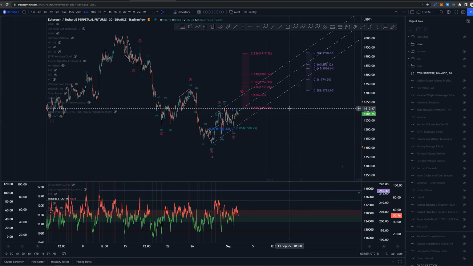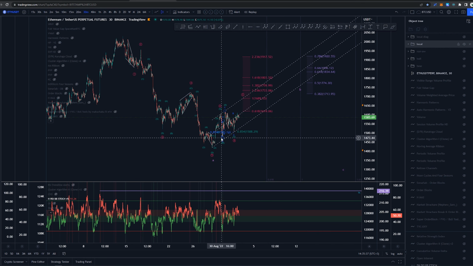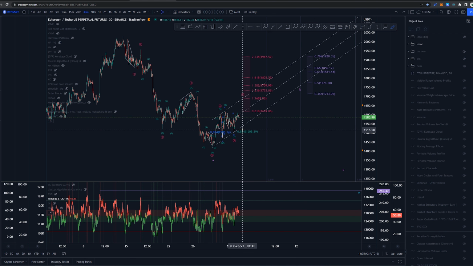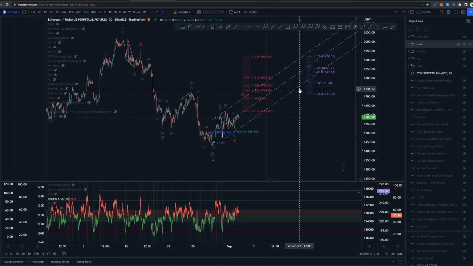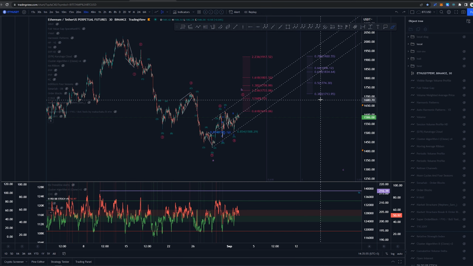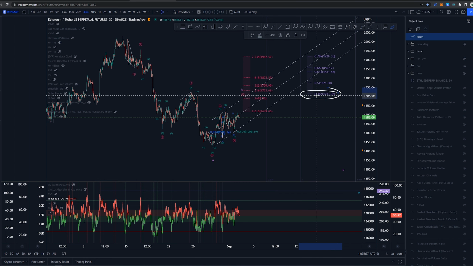That's the overall idea I got at the moment. So I should be using these on a lower time frame or lower degree, but I haven't labeled them yet in a different way. Of course, it is possible that this would be ending the wave C, ABC here, and ending the wave B. As long as we get to the 38.2 here, that would be around